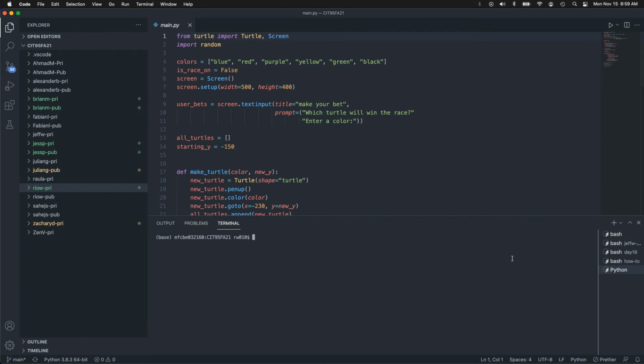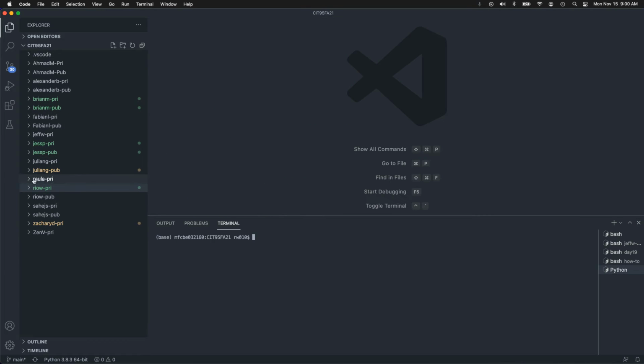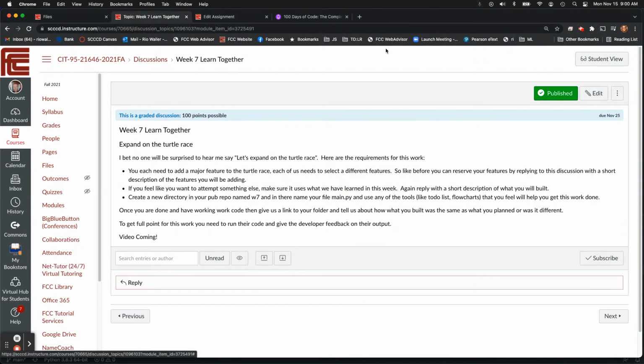And you can put them somewhere else if you don't want to do this. I just want you to know. And if you just want to run their code, then you can just go look at their folder and copy the code somewhere and run it. But the key is you need to run it. Okay, because when I look at your feedback, I can clearly tell if you've run their code or not. So just FYI, let's go look.